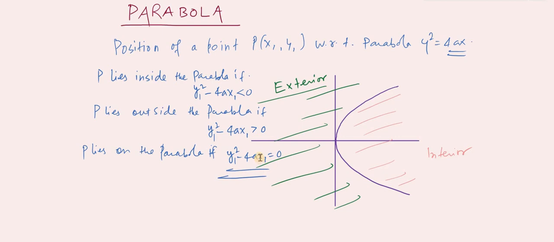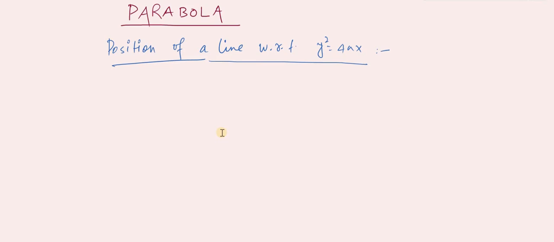So these are the conditions that give you the position of any point P (x1, y1). With the help of these expressions, finding the value of this expression, you can find the position of the point (x1, y1). Now let us discuss position of a line with respect to parabola y square is equal